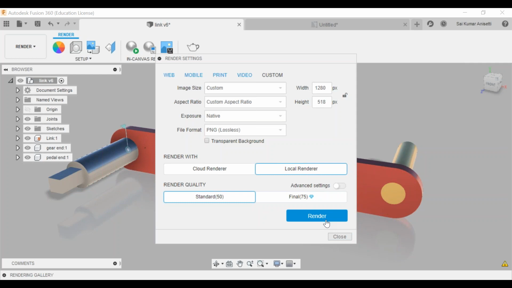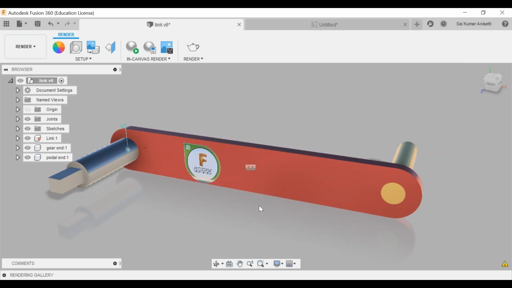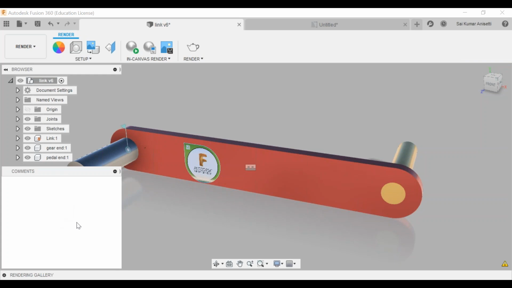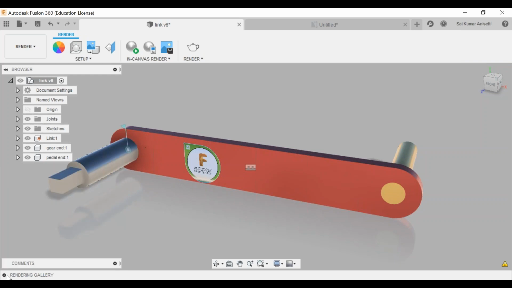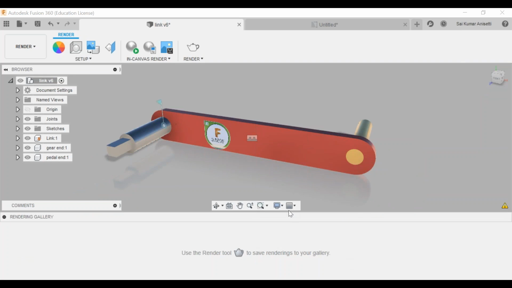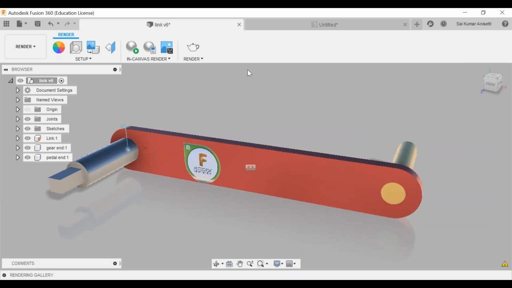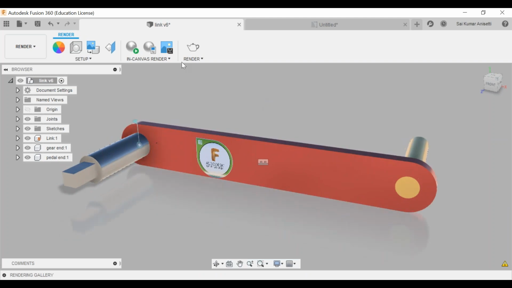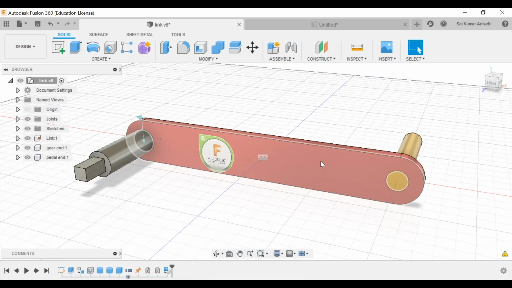Click render. It will render your image in about 1 minute, depending upon your sections and your environment. It will show your render images on the bottom of the screen. I'm not doing it right now because of my computation. If you want to render, just click render. It takes time. Render your high quality images and everything. That is how you do a render operation, animation, design and everything. That is how you add your decals.